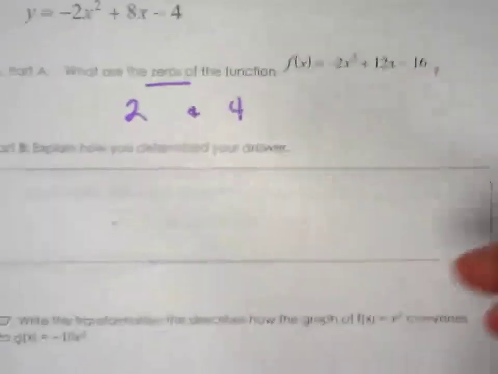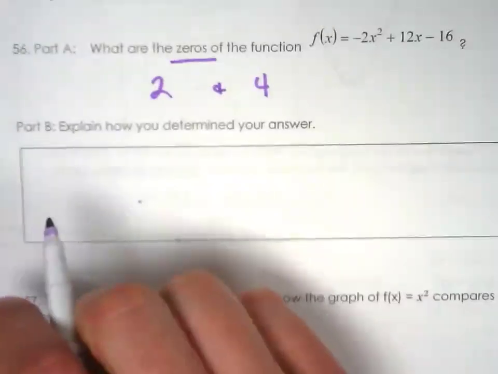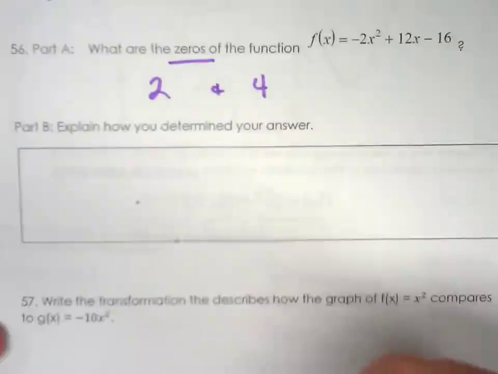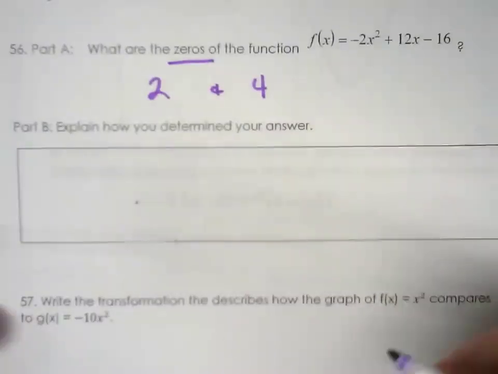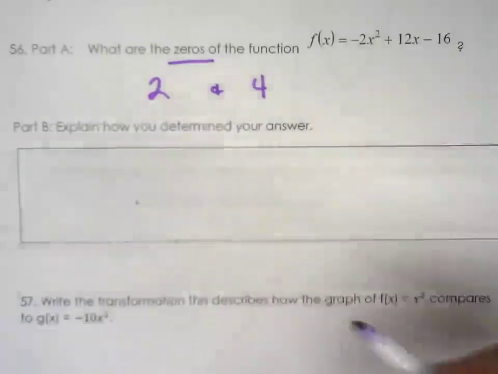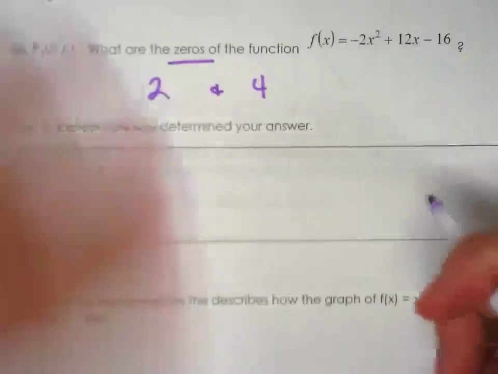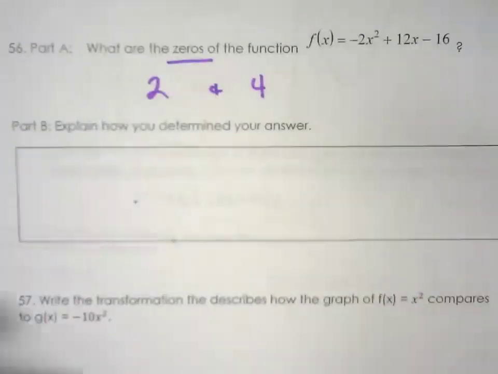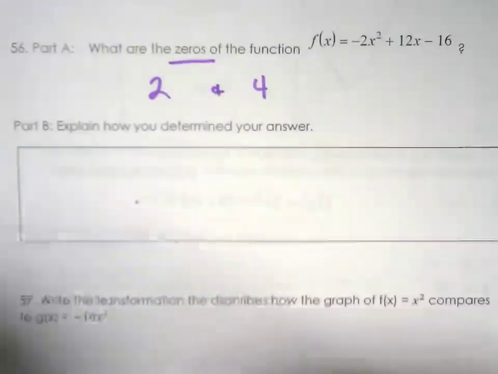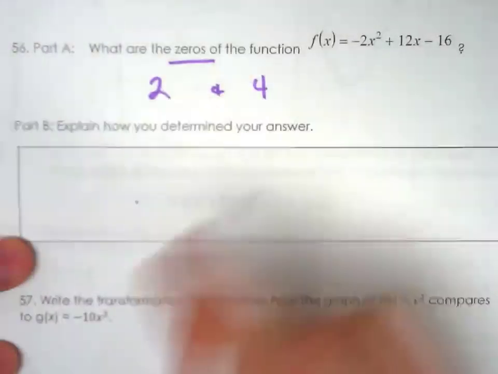The big thing here is B, explain how you determined your answer. One thing that the people on the EOC are looking for is we don't want to see anyone put I used PolySolve and found my answers, or I used Desmos to find my answers. We want to act like we know what's going on, and because you do know what's going on, you just don't know how to essentially write it down. So one way I would write this down would be